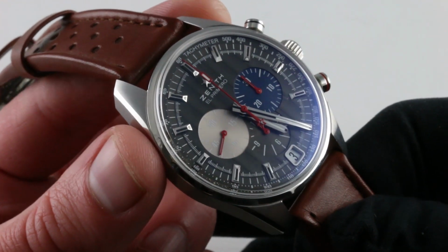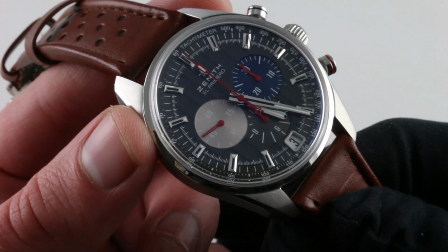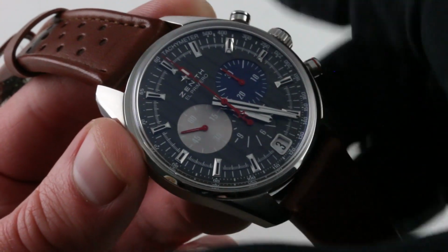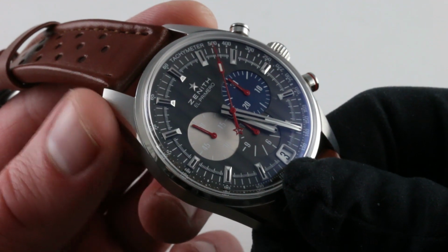It does have a little bit of luminescence after dark, and you'll also note that the dial features a tachymeter scale outboard for gauging the speed of your favorite race car over a standing mile or kilometer. I may as well start up the chronograph because that is the signature complication. You'll note the overlapping tricolor registers at the center, descended from the very first